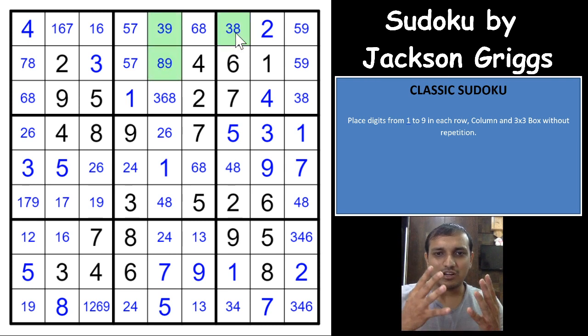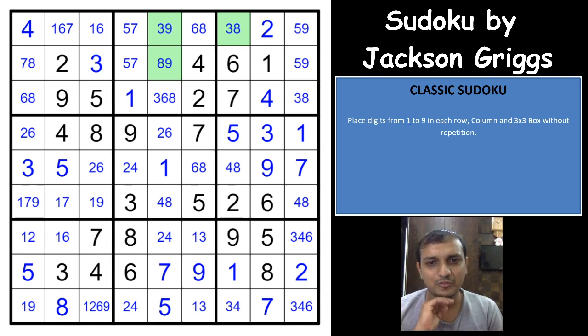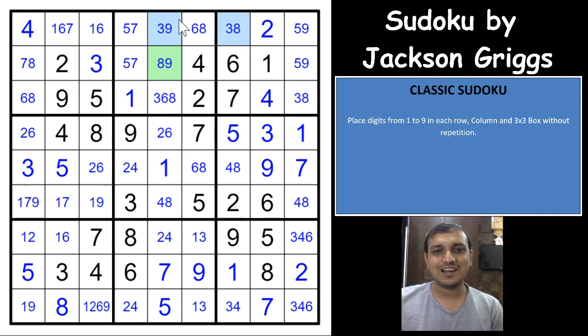Excellent. You found 2 X-wings, with the 6 and the 2, and then before we found a swordfish of 8, and now we are finding a Y-wing. That's excellent, guys. So these 3 cells form a Y-wing here, I'm sorry, not an X-wing, and you need to see that